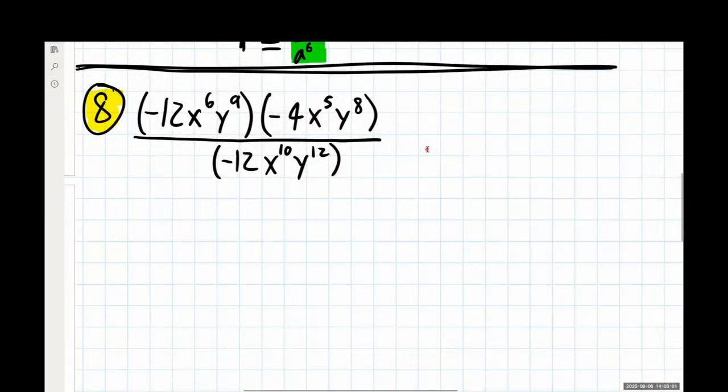So tackling the beast that is number 8. Once again, do not try and do everything at once. Simplify this thing down in small, controlled parts. I think it's very good practice to say, I'm going to try and just simplify the numerator, and then I'm going to just simplify the denominator, and then look across this fraction bar and see what could cancel from both or not, or anything like that.